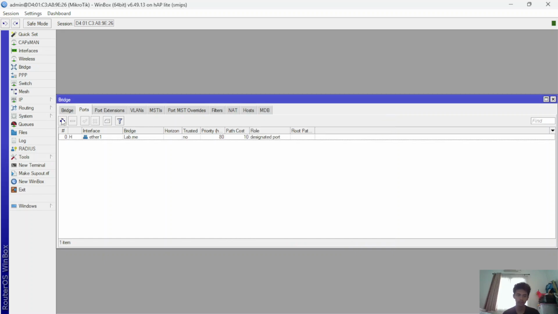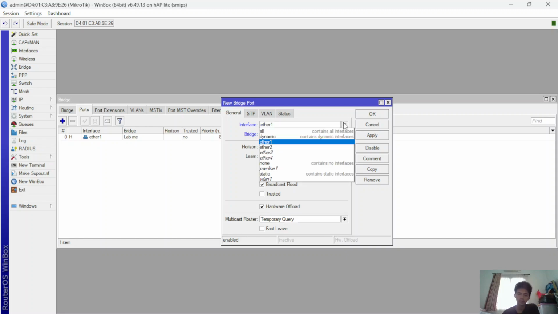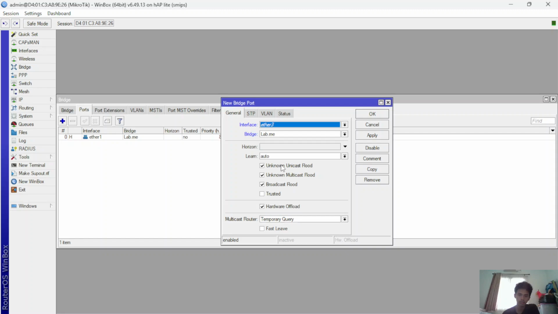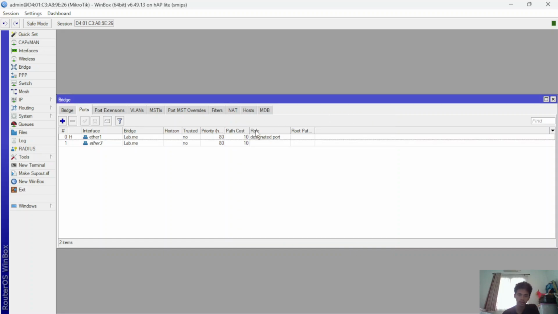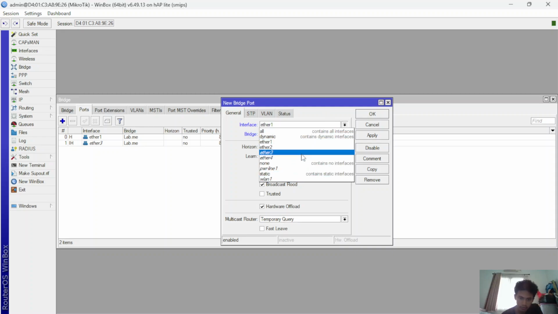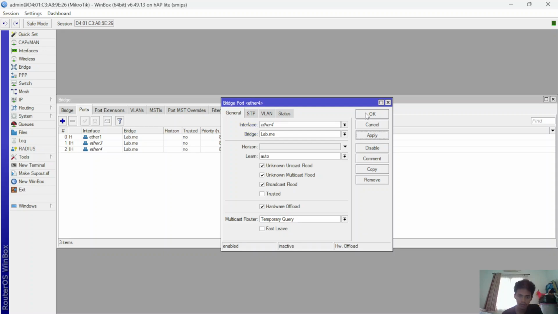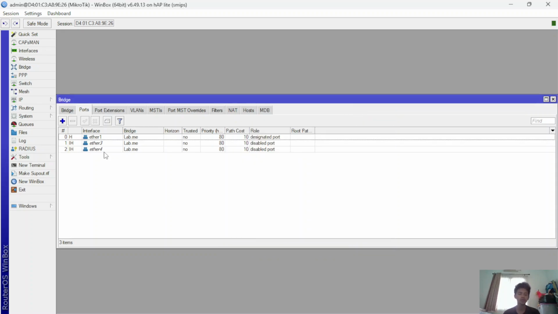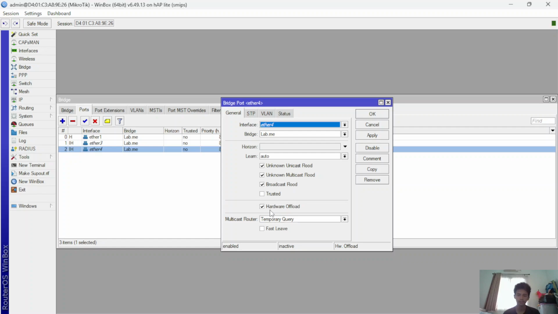Okay, create more, Ether 3, apply. Okay, one more, Ether 4, apply. Okay. Oh, warning, you can lock this. Make sure you see this, make sure this is checked. Okay,